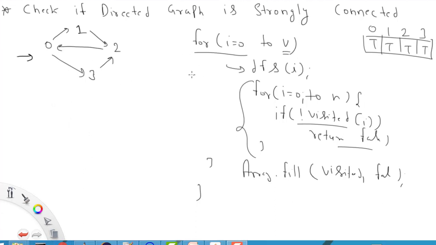So now let's see one case, how it is happening. Here we can represent the graph via adjacency list. Basically we have two ways, adjacency matrix and adjacency list. Here we are representing it as an adjacency list. So this is how we do that.